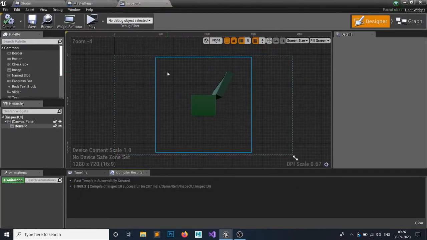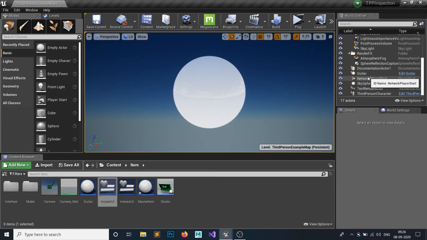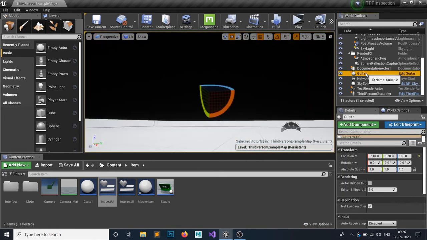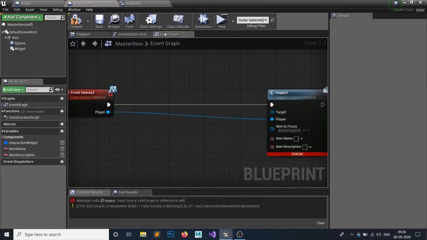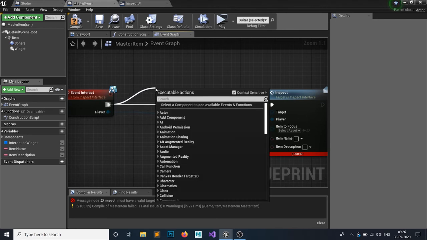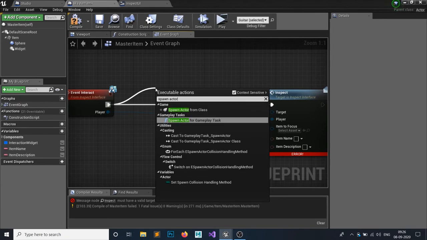Now if we open this up, this won't render. So this is what we're going to do, but we won't do that by just dragging and dropping an actor outside the world. We're going to spawn it. So how are we going to spawn that? Just bring back to wherever you want, just hit F, and this is our bad blueprint because it gives us an error, but we're going to solve this error on your master item, on your event interact, by grabbing a node from here and spawn actor from class.